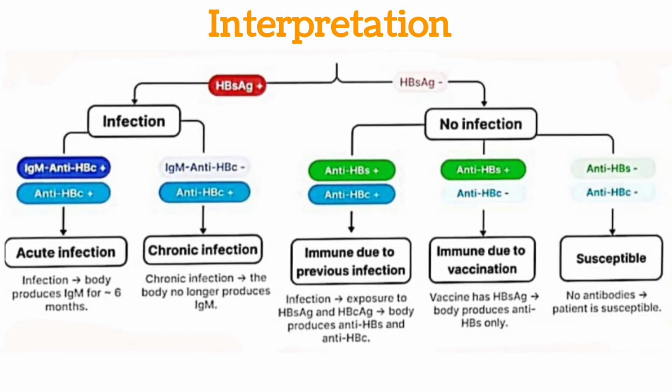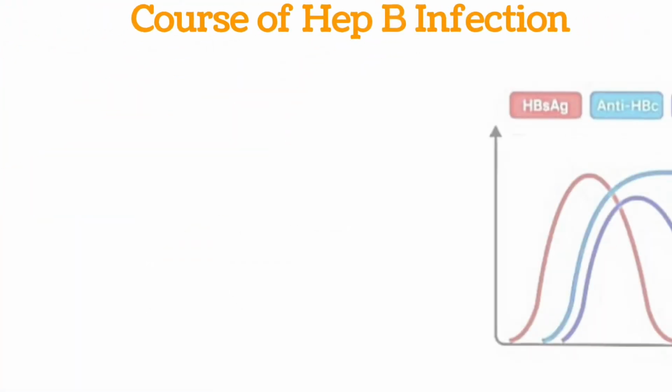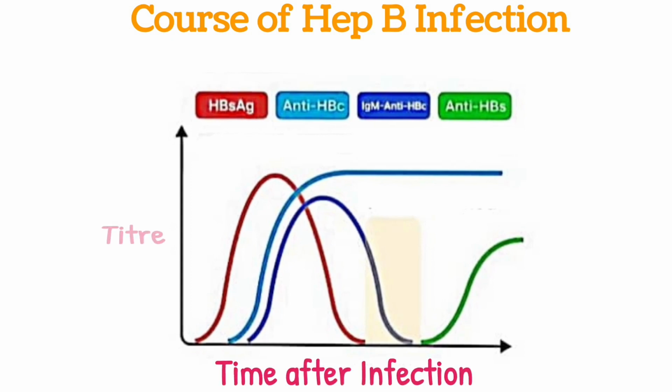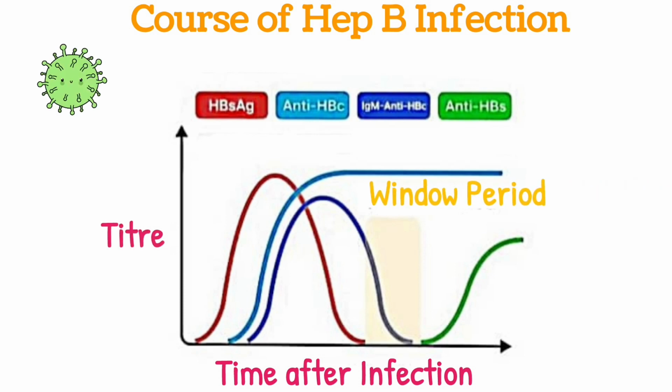to infection. Ladies and gentlemen, today I would like to present to you a graph showcasing the course of hepatitis B infection. This graph provides an overview of the various stages of hepatitis B infection, represented by curves related to the titers of hepatitis B surface antigen, hepatitis B core antibody, hepatitis B core antibody type IgM, hepatitis B surface antibody, and the window period, plotted against the time elapsed since infection on the x-axis and the titer levels on